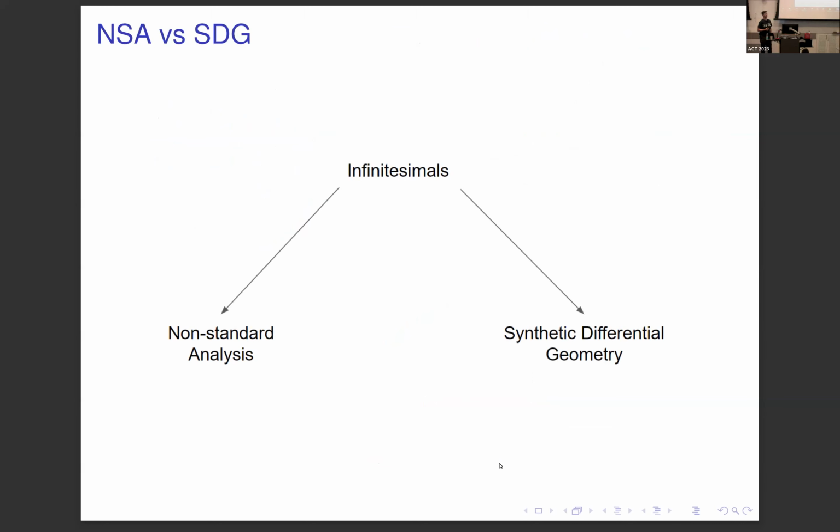Infinitesimals, how to model them? This was something that people were struggling with for several hundred years. Berkeley called them, lovely, the ghost of departed quantities. Then we had Abraham Robinson, I think in the 1940s, don't nail me on the date, who came up with the idea that if I'm looking at a non-Archimedean field, then I can construct a really nice one where I can transfer all the good stuff from the real numbers over, and I'll get infinitely big numbers and infinitely small numbers if I divide by an infinitely big number. That became non-standard analysis, which is also reasonably popular and getting more and more popular.